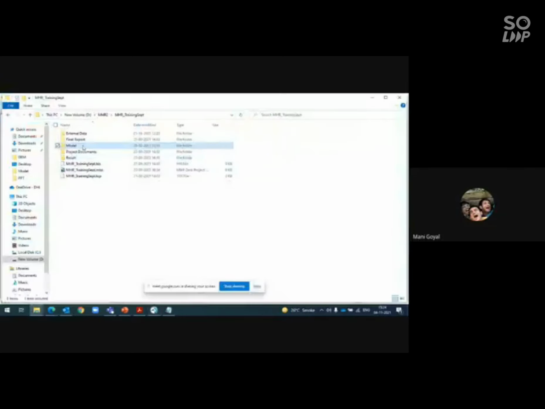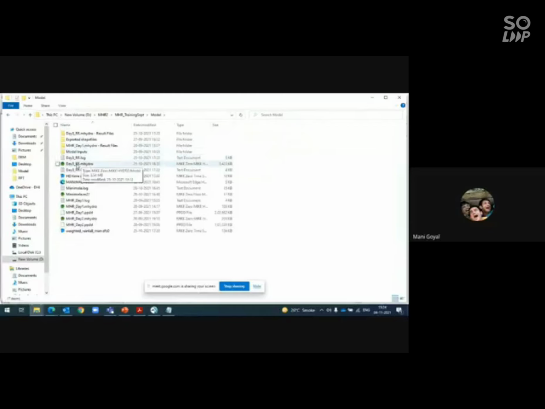Yeah. So this green symbol shows that this is the MIKE HYDRO River model, and if I view the extensions, it's already shown here. So .mhydro.